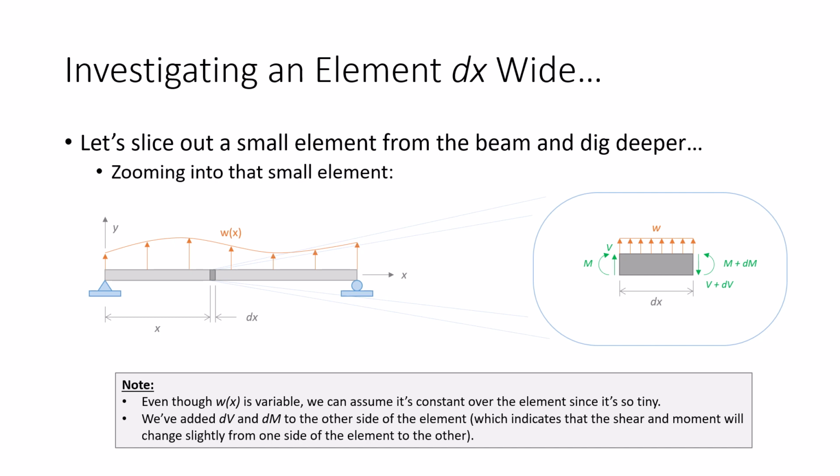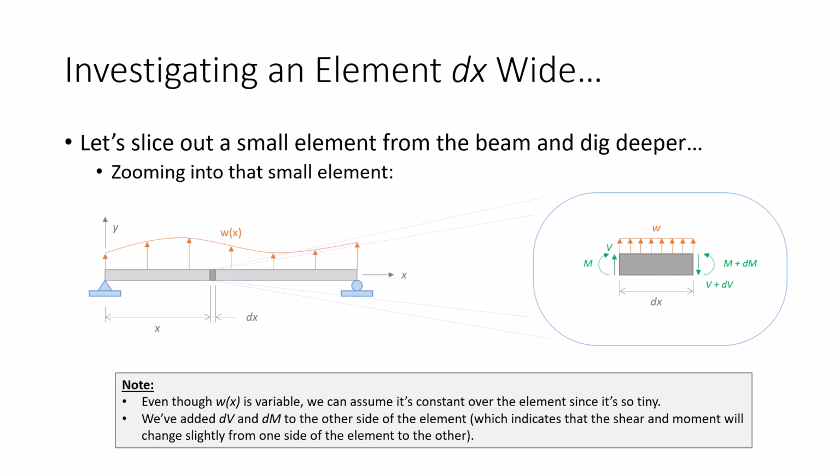So what we do in order to derive this approach is we say, all right, I've got this beam that has these weird variable loads on it. What I'm going to do is slice out a little element, and we're going to say that element is dx. If you remember from calculus, dx is just a differential length along the x-axis that's really, really tiny, right? We start off in calculus by calling those delta x's,